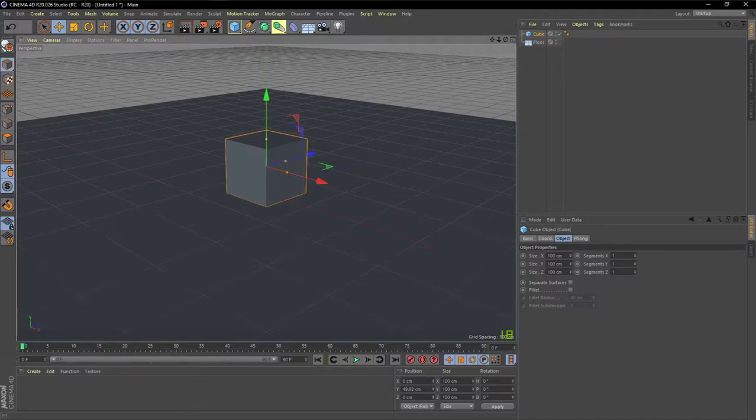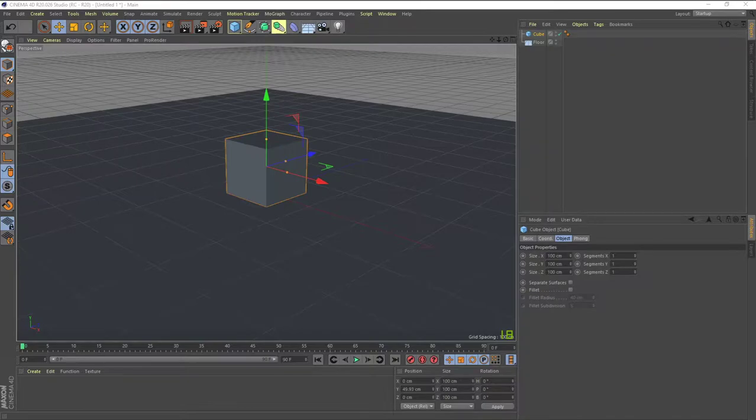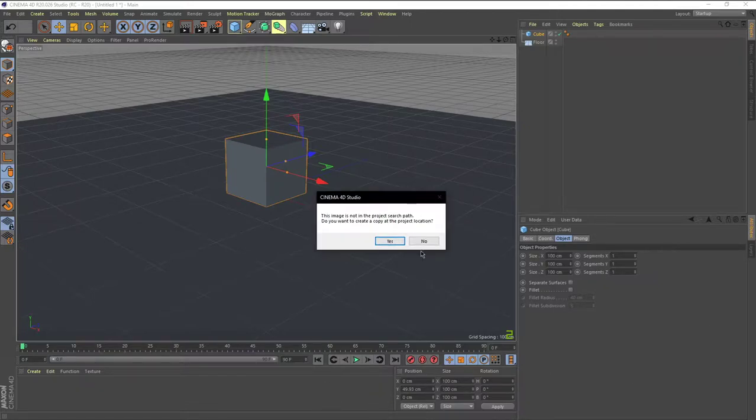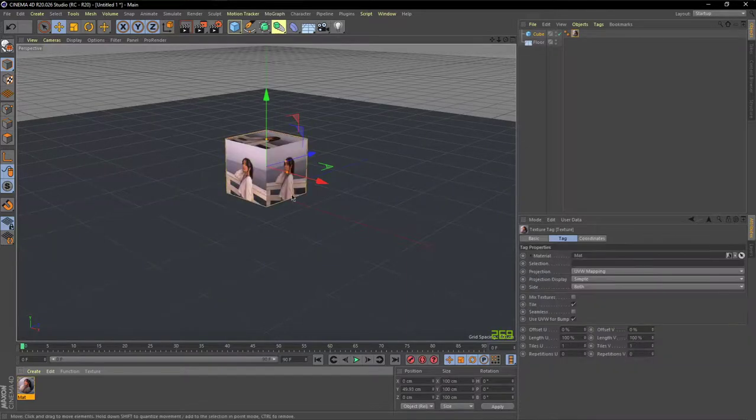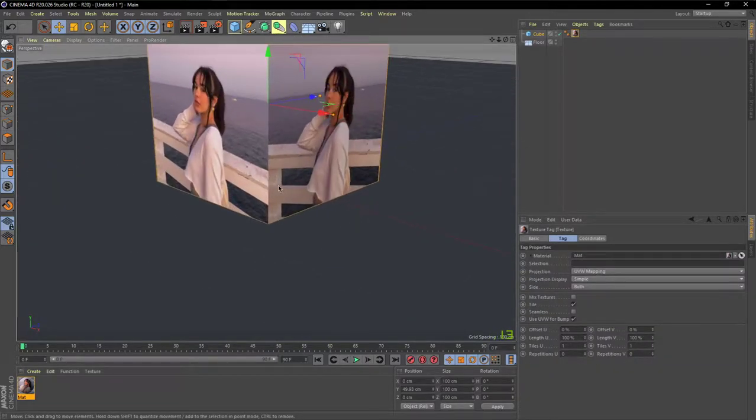If you want to add a picture to the cube, you just drag your picture down here, whatever picture you want to use. I'm just going to use a random picture I can find. Okay, then you just literally drag it onto the cube, and now you have a